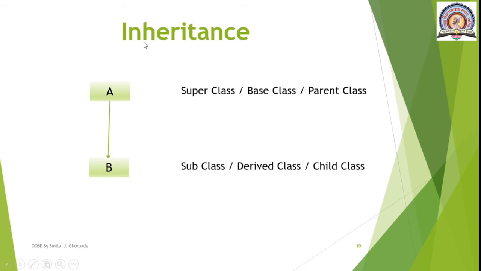First of all, we will discuss what inheritance is. Inheritance is nothing but a mechanism of deriving a new class from an old one. A new class could have some or all features of the parent class, and a derived class has its own features also. I repeat again, inheritance is a mechanism of deriving a new class from an old one, and a new class inherits some or all features of a parent class, and the child class has some new additional features also.